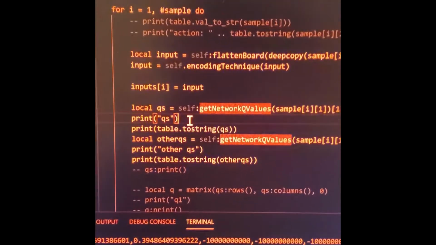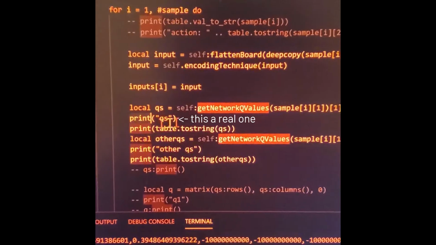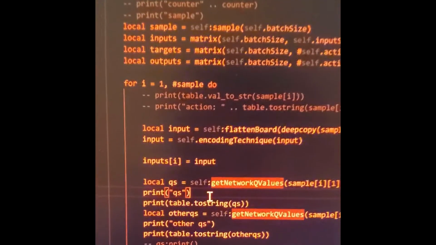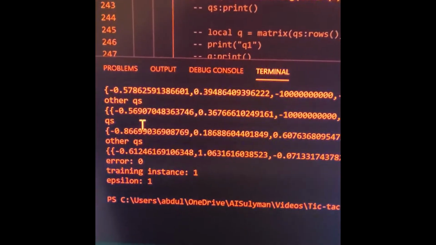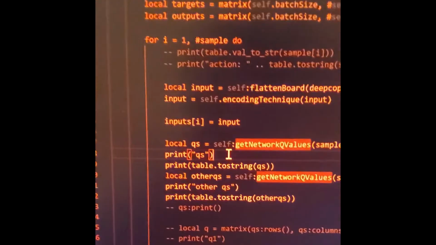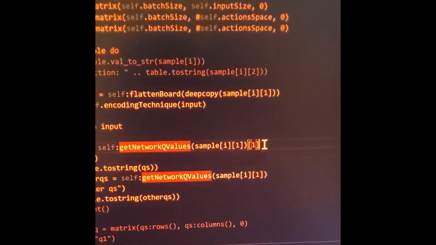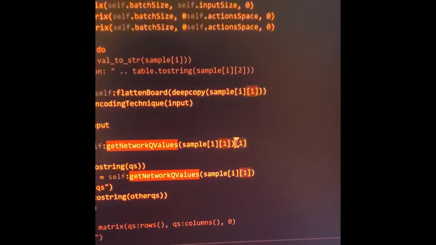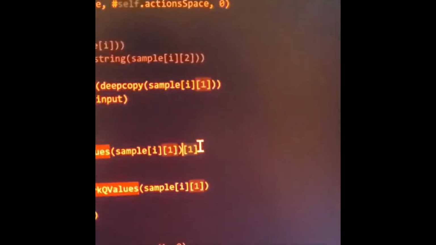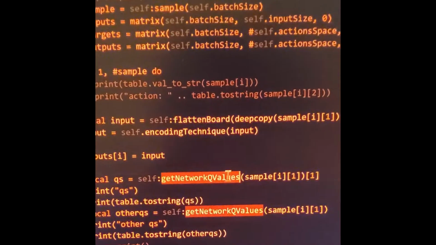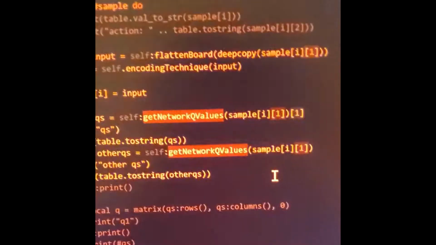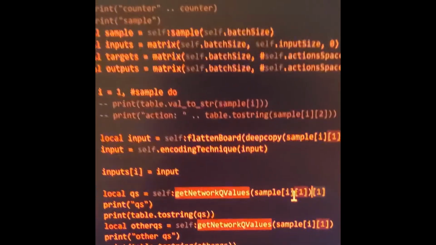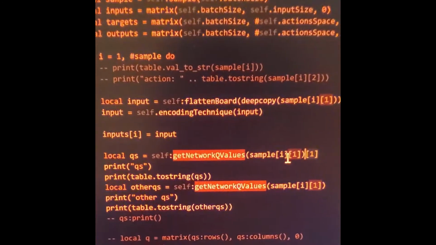And so I have here my favorite debug tool. Shout out to Print for being the OG debug tool ever since Fortran and even before then. You can see that the Qs here are just an array of numbers that gets printed out. But what's interesting to me is I can't remember why I selected, since Lua is a one-indexed programming language, the first item within the output for network Q values. I'm assuming it's either an array or a dictionary, because this is Lua.